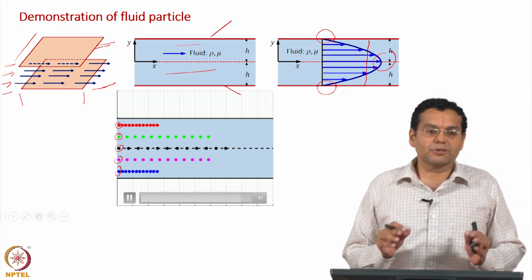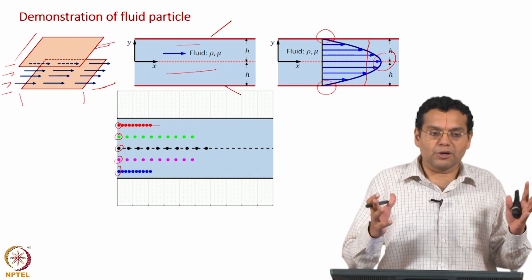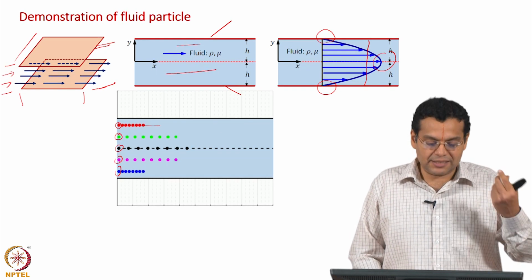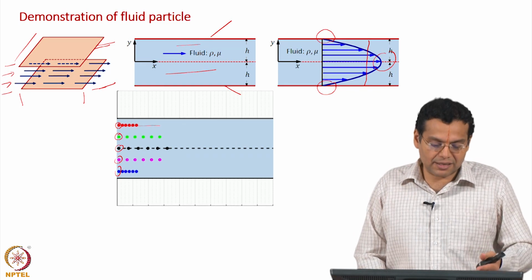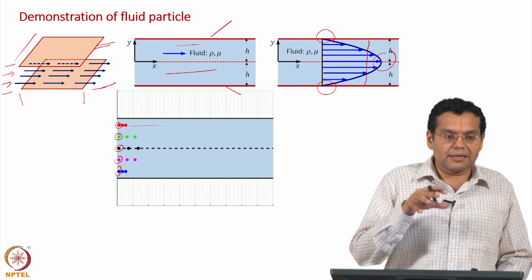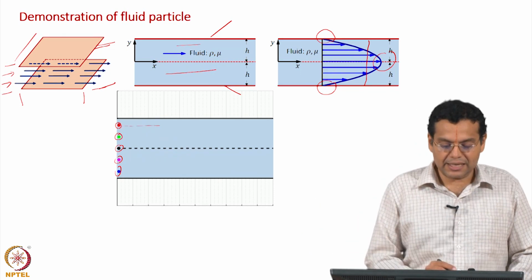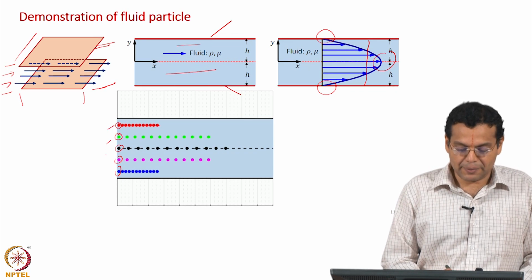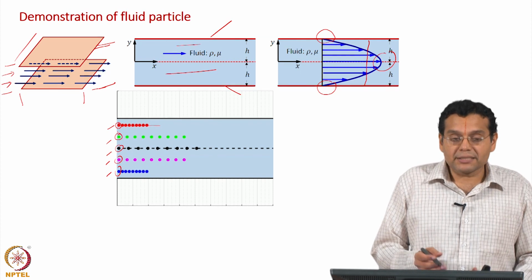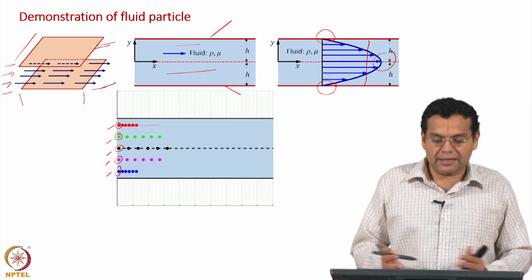What is it that I am trying to show here? We are identifying a group of molecules with some identification. For easy identification, we can just color it by imagination or color it in this way, and then the dyed molecules are followed over the region of interest. And here we have seen several fluid particles colored with different dyes, and they always contain the same fluid molecules, that is of importance, and then we are tracking them.